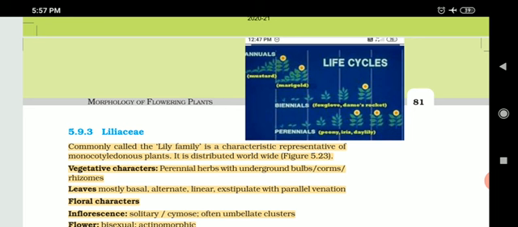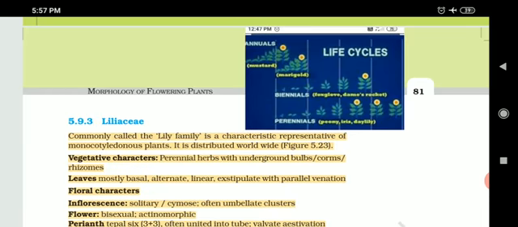So whenever we grow them during Kharif season or Rabi season, we cannot grow them continuously again and again. We cannot grow them twice a year. We always grow them once a year. That's why they are known as annual. Now coming to biennials, that can be grown twice a year. Perennials, which can be grown many times a year. That's why this lily is perennial herb.